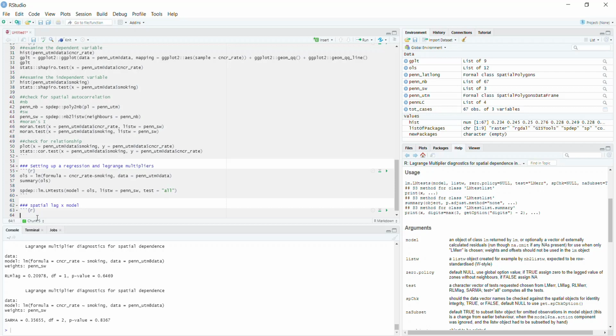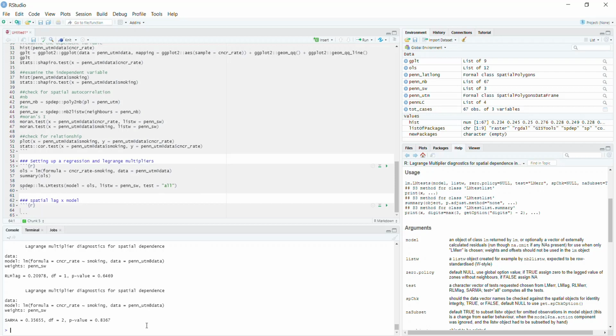And we've already talked about how this spatial lag model is basically just a way of incorporating the spatially lagged means, or the average of my adjacent neighbors, into a regression equation. And so the way that we're going to approach this is with something called the